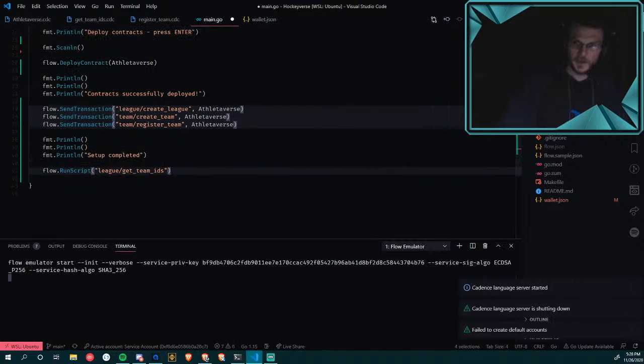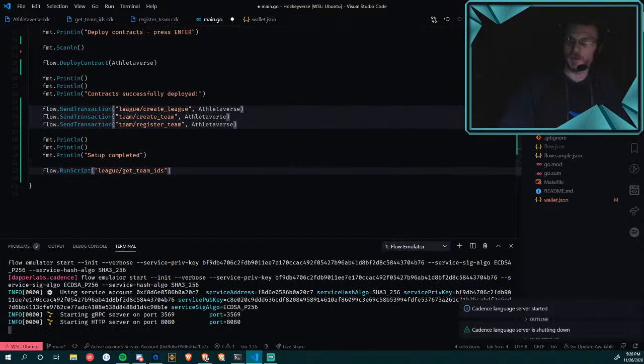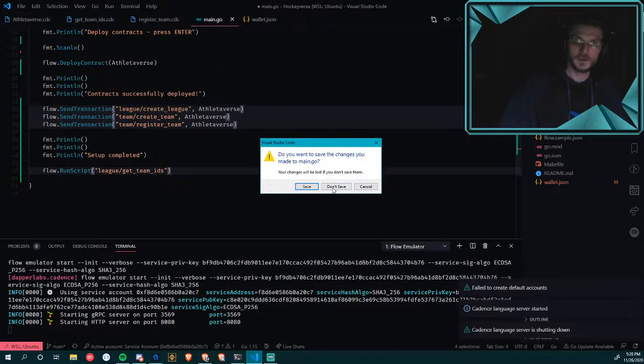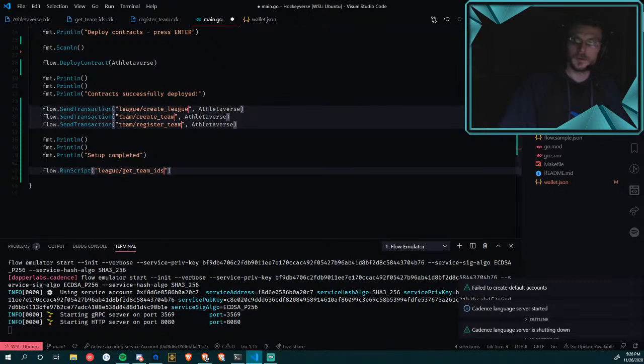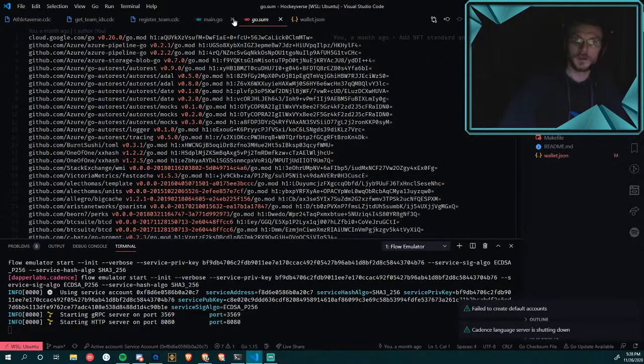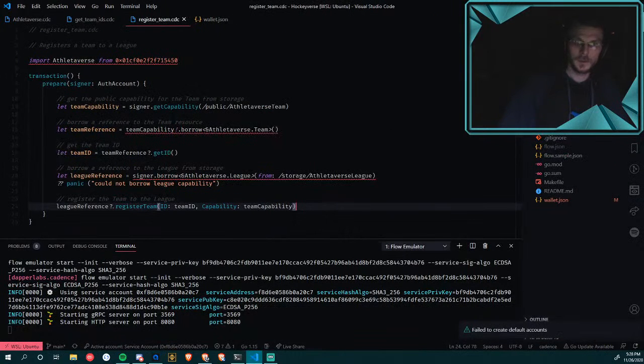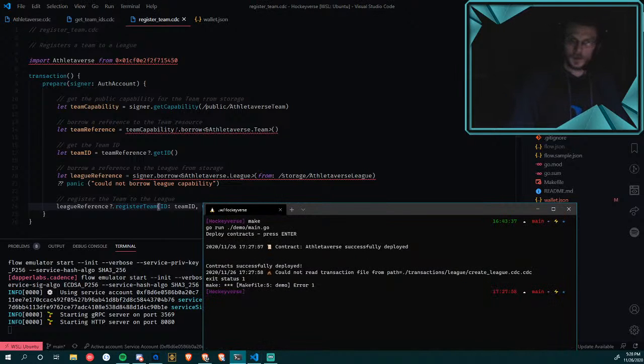The reason I want the emulator running down here is it's going to log out the response from that script once it runs. So I'm just trying to kill that weird glitch with Go. Let's try it again.